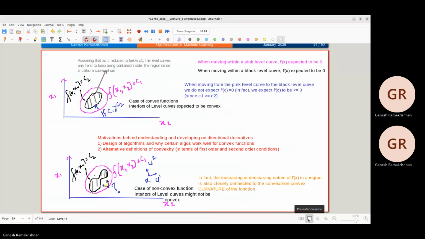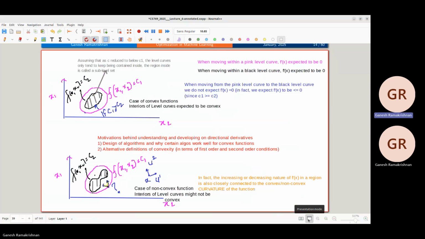The function is really not changing. Moving within the black level curve, it's again 0. However, C1 is the value along the pink curve and C2 is the value along the black curve. If C1 is greater than C2, that is, the pink curve has a higher function value than the black curve, then I would expect that